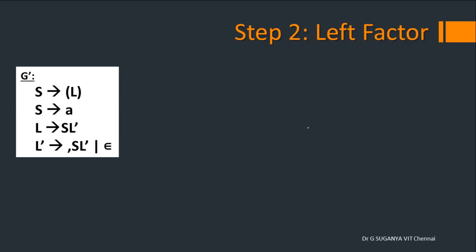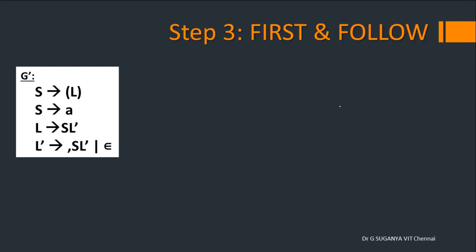With that, we move on to the next step, left factoring. Now check whether any of the alternates has a common prefix. S doesn't have, they all have different prefixes. Here also we could not see a common prefix because this starts with S and this starts with comma. And hence no left factoring is possible over here. Moving on to compute first and follow. Before computing first and follow, we should always practice eliminating left recursion and left factoring to make the grammar more proper.